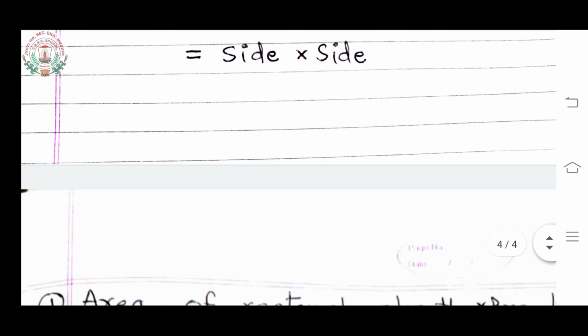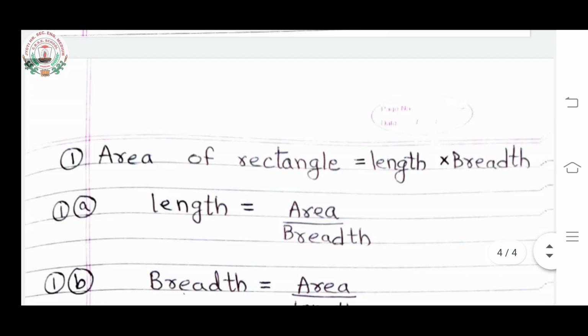Now again coming to the formula of area of rectangle, where you had length into breadth. Now in some question, suppose area is given and one of the length or breadth. लेंथ ब्रेथ में से कोई एक चीज दिया हुआ है और एरिया दिया हुआ है, and the other thing, length or breadth, is asked to find. From the same formula you can derive, मतलब उसी में से हम निकाल सकते हैं. एक आध चीज को इधर उधर ट्रांसफर करके हम सॉल्व कर सकते हैं in the question only. And if you are not able to do that, then you have to learn these formulas.